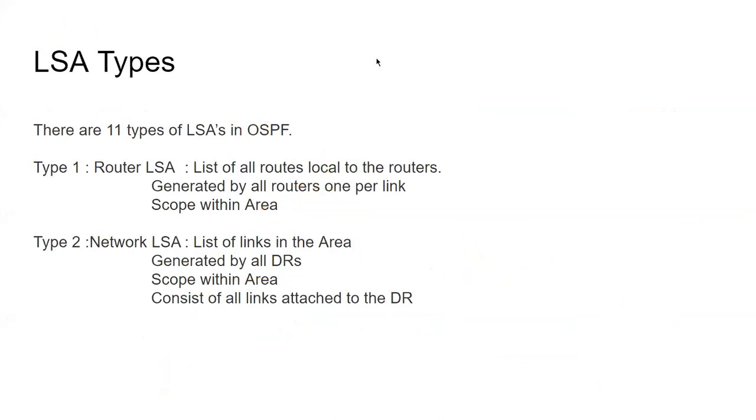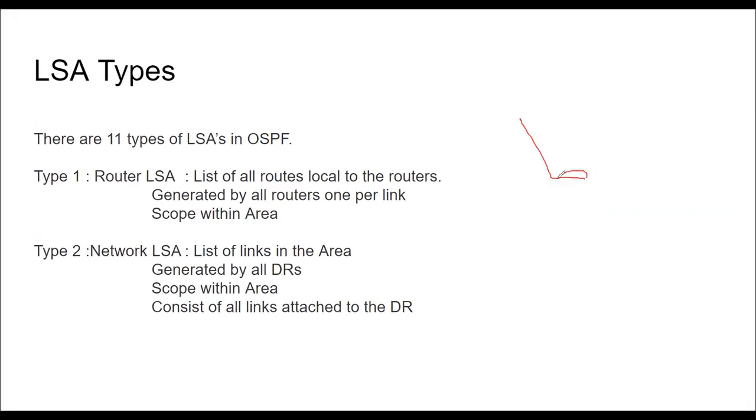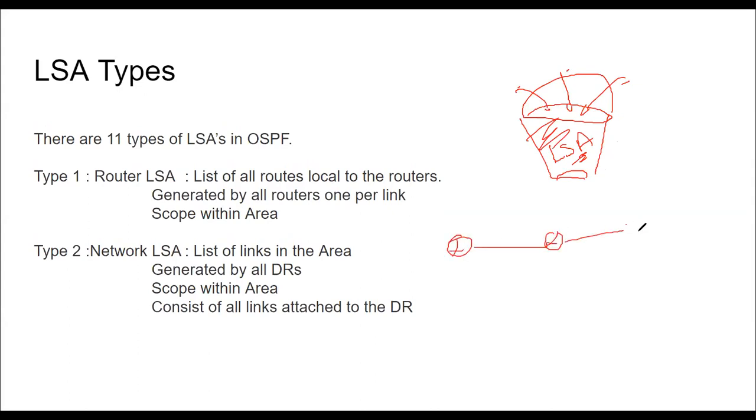So let's talk about LSAs. We have been talking about LSAs for quite a while. What is an LSA? You can simply say an LSA is a kind of cover or bucket where you put your IP prefix information. So think of a big bucket called LSA. Inside which you will put all the prefixes. Now, based on the IP address you put, the LSA name gets changed. We have a total of 11 types of LSAs, but in use for CCNA there are only 6. Others are used at CCNP and CCIE level. No need to worry about that as of now.